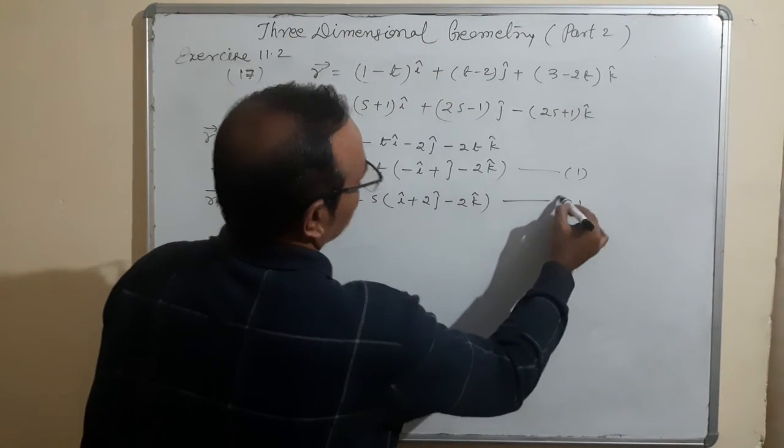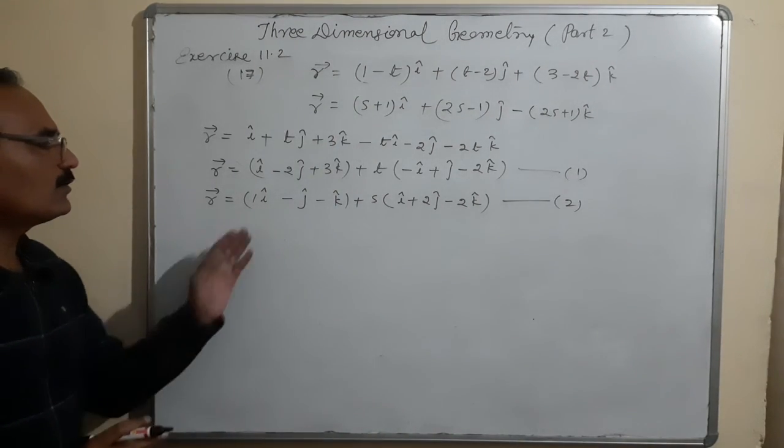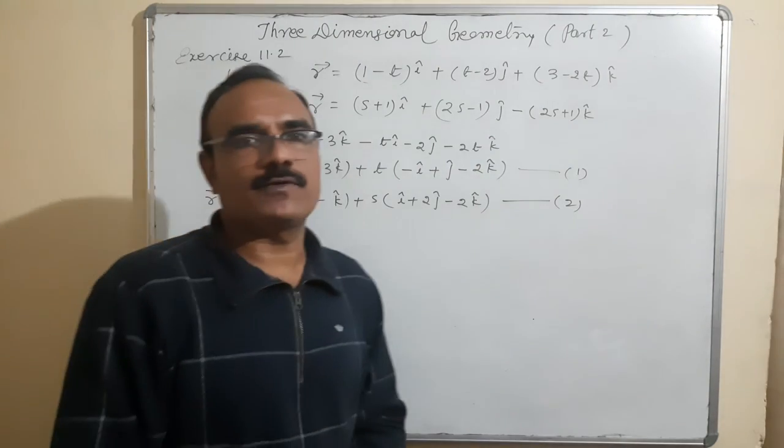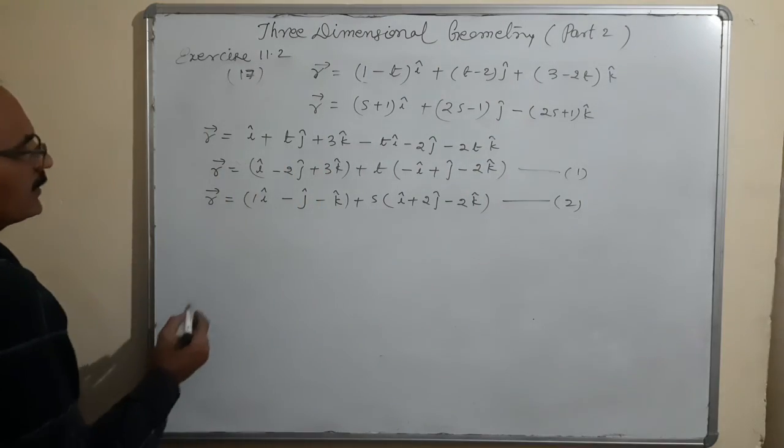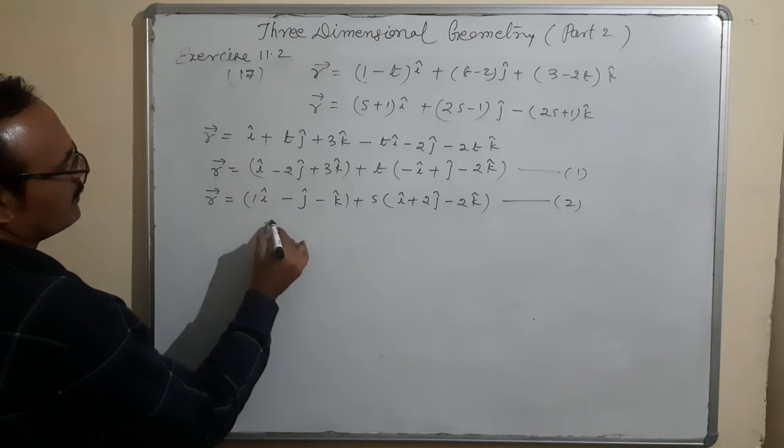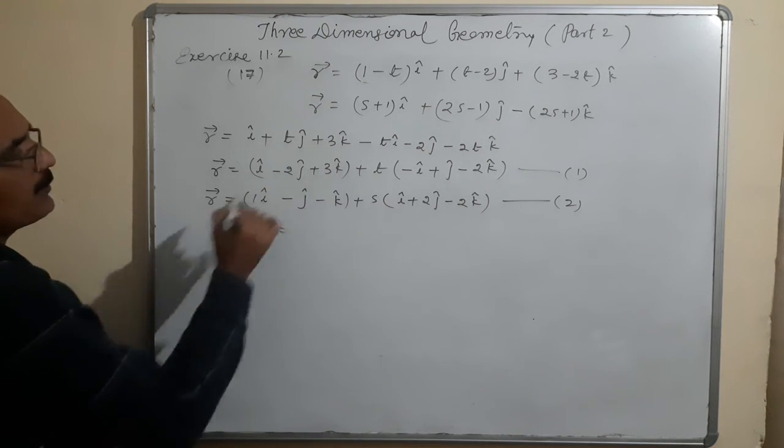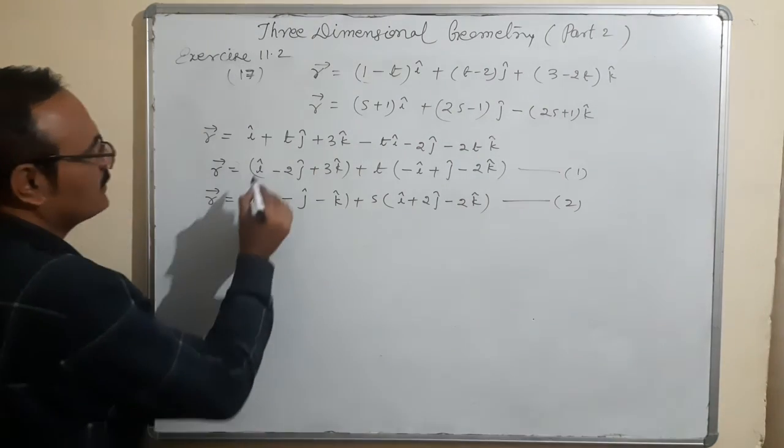It is number 2. Correct? Now these are two equations in the standard form. A1, what is A1? Vector A1 is equal to the point from where the first line is passing, that is